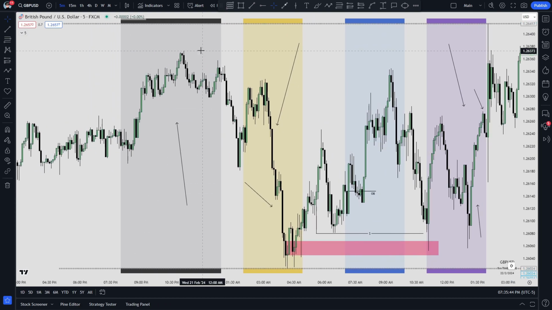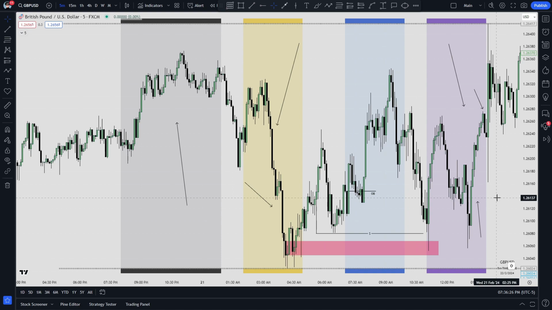So I not only covered the Asia session kill zone, the London session kill zone, the New York session kill zone, and the London close, but I also talked about the silver bullet as well as the macros that you guys want to be paying attention to when you're trading. If you're anticipating some type of expansion in the marketplace, to get the best high probability trades, it's imperative that you understand the value of time and that you are trading during optimal times of day. Because not trading during the optimal times of day can hinder you as a trader and hold you back.